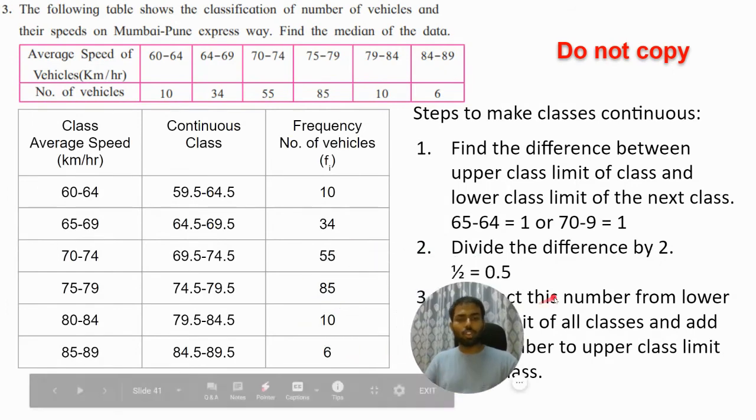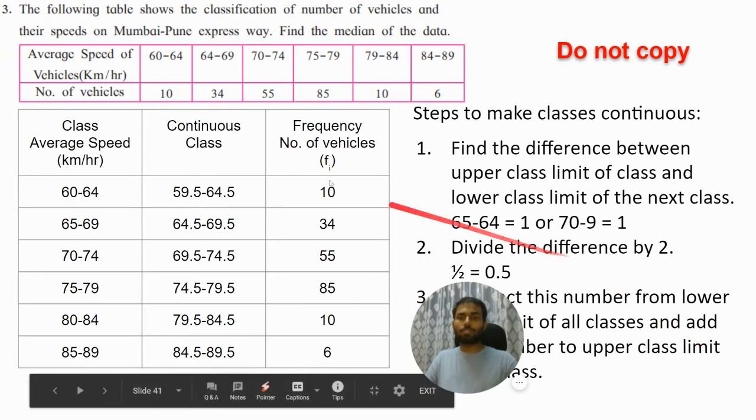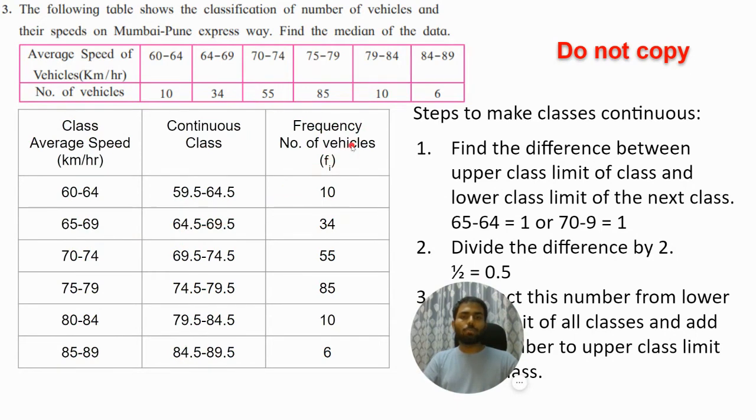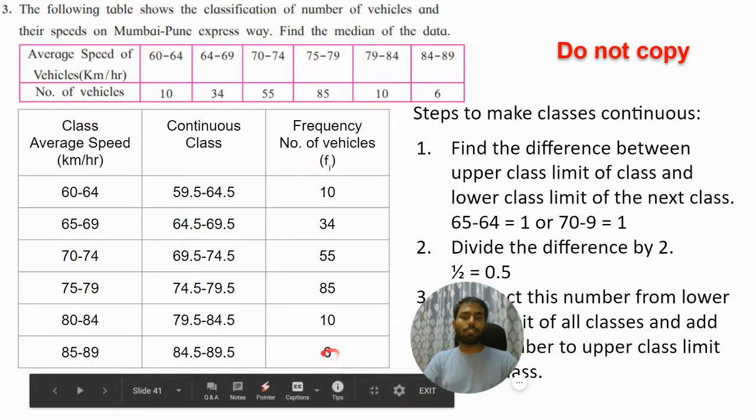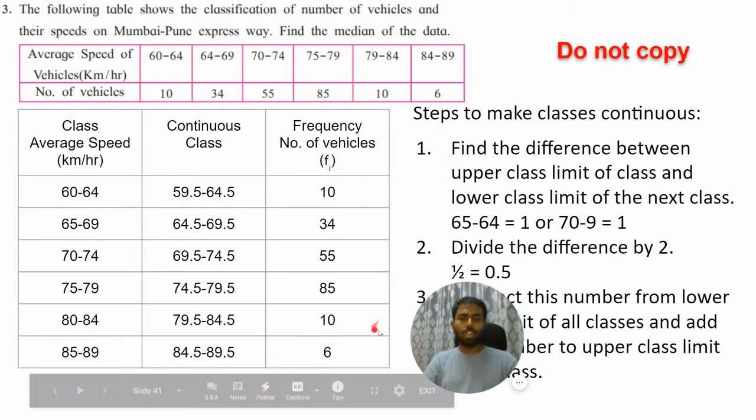How do you find median? You all already know. So now again try to solve the sum by yourself. Again, when you're choosing median class, then you will choose class from continuous class and not this class. Okay, so I'll just quickly revise what steps you will do. First you will find summation fi. Okay, sorry, before that you will first find cumulative frequency. यहाँ से frequency से cumulative frequency का एक column बना दो, cumulative frequency find out करो,